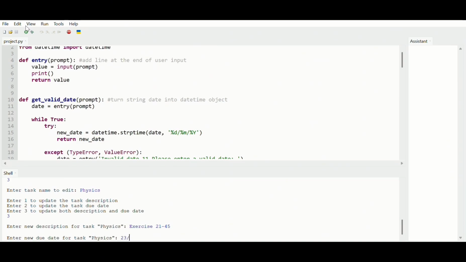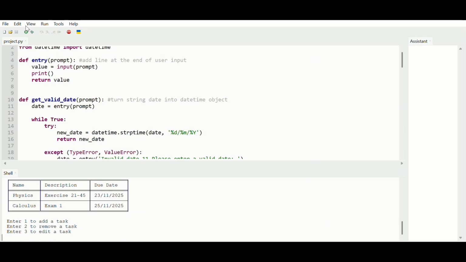After inputting all the required details, the code displays the updated table, and below the table, there are three interactive